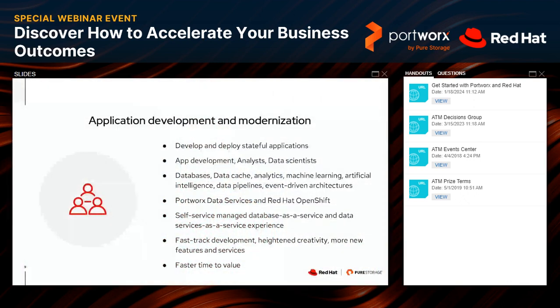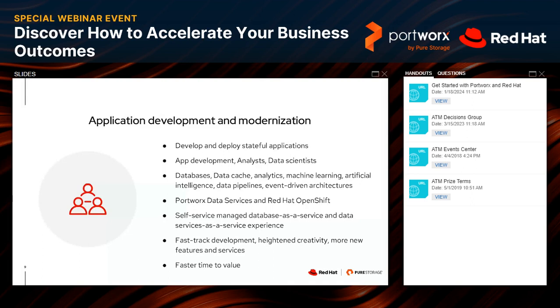All of that has to be built by someone. And those developers want the services and the tools they need to build without waiting for operations and the rest of the IT function to catch up. And so as that function has grown, operations teams have been overwhelmed. How do I support the platform? How do I make sure that it's secure and protected and the storage is available and highly available and that everything I need to maintain the application is there? And so what we've talked about today is how Portworx can deliver that from a storage and data management perspective in conjunction with OpenShift to provide the storage and data management, the automation you need to keep the platform up and running.